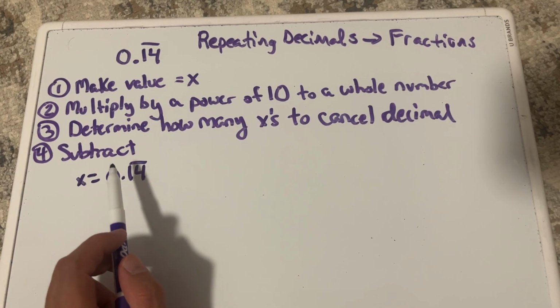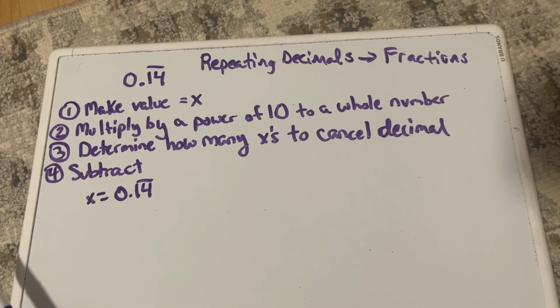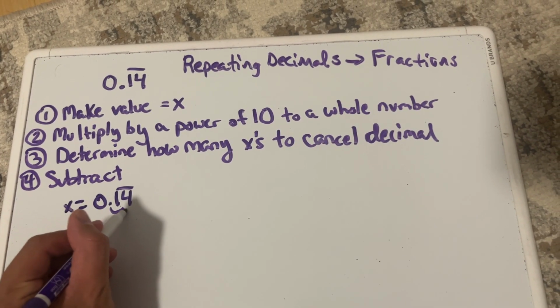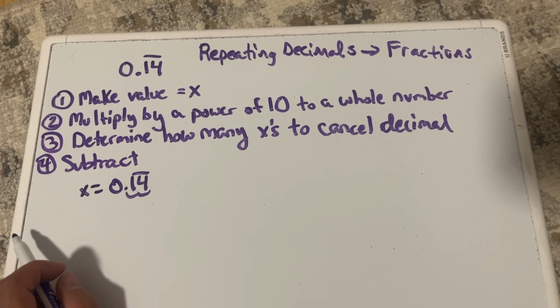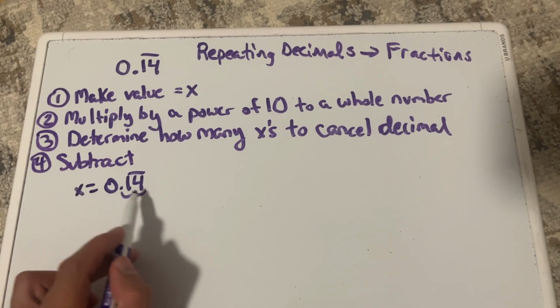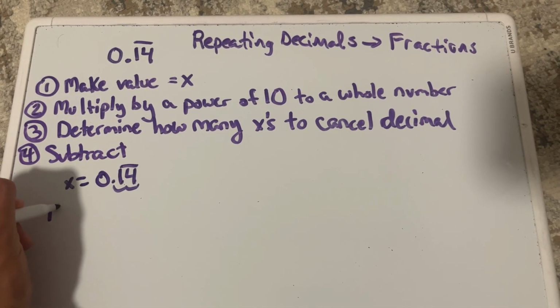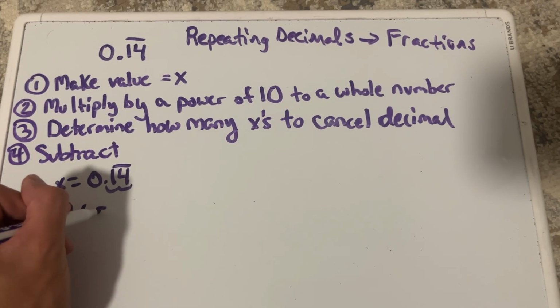And I need to multiply both sides by a power of 10 to make it a whole number. So since this goes to the hundredths place, 1, 2, I'm going to multiply by 100 on both sides because it goes 2 places down. So that's 2 powers. So this will be 100 times x equals